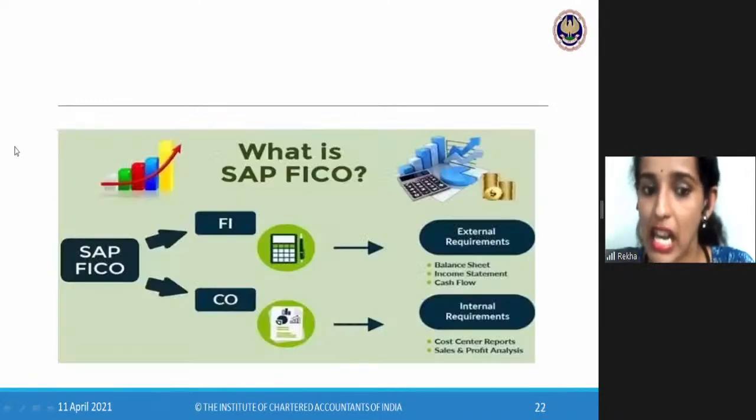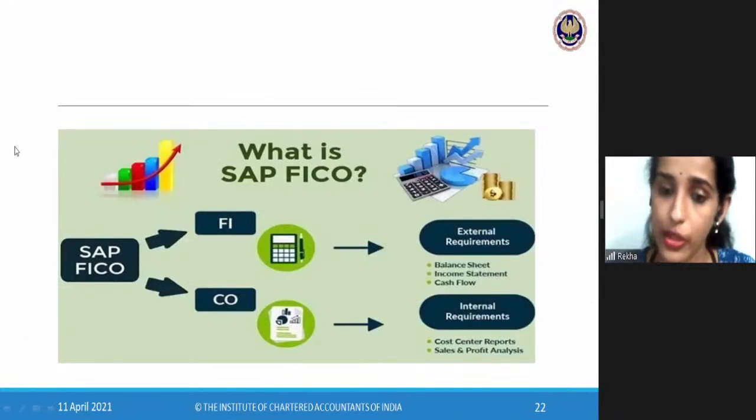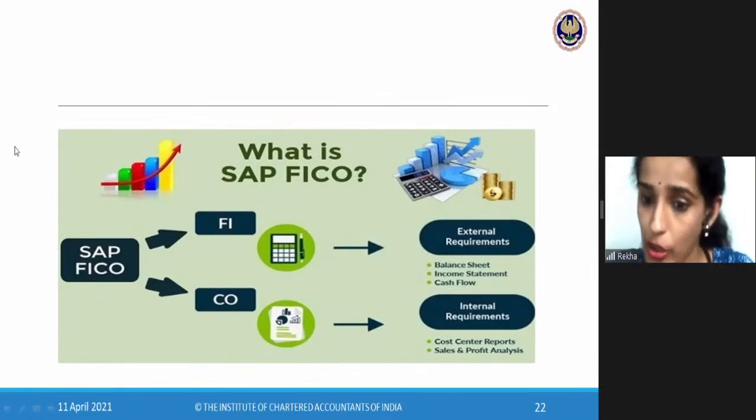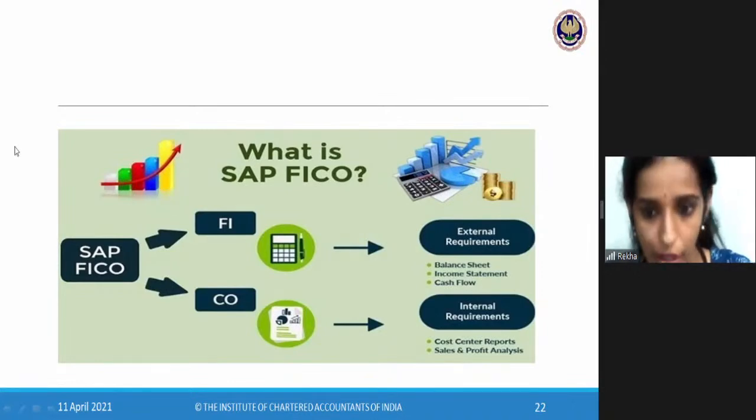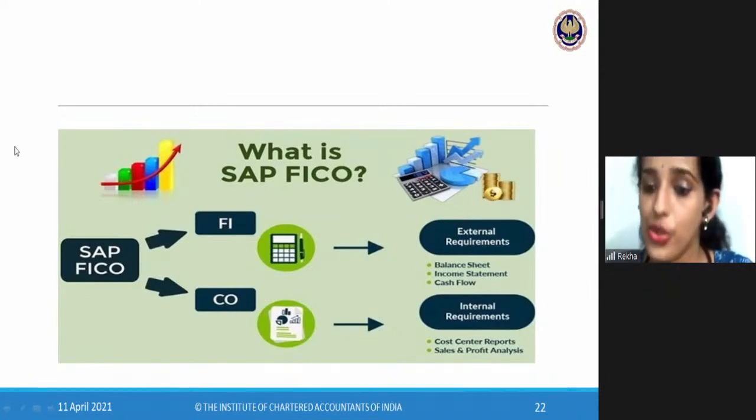Now, before that, in SAP we have 2 different modules combined together. FICO, we call it SAP FICO. FICO means finance and your controlling module. So normally these 2 modules are used together. If you have a finance module, automatically you will have that particular controlling module also. Why they are used together is,